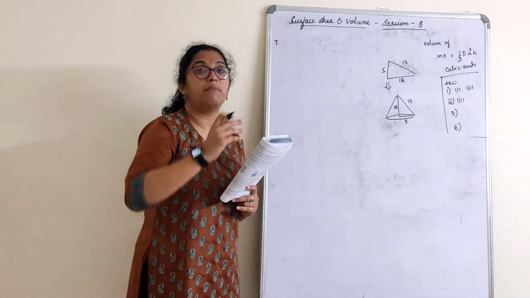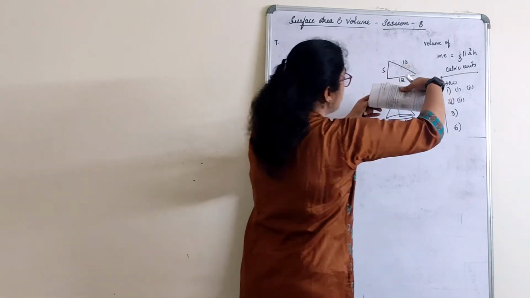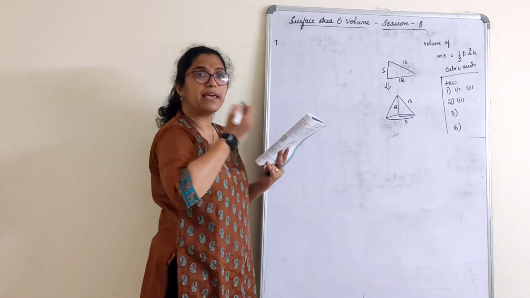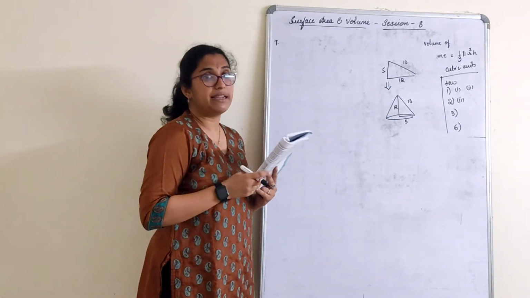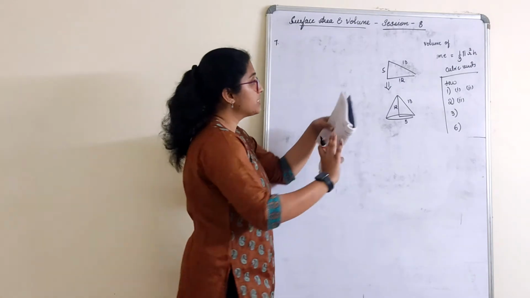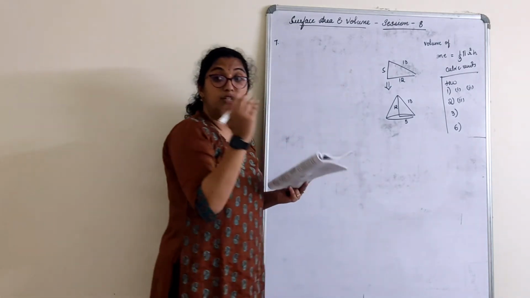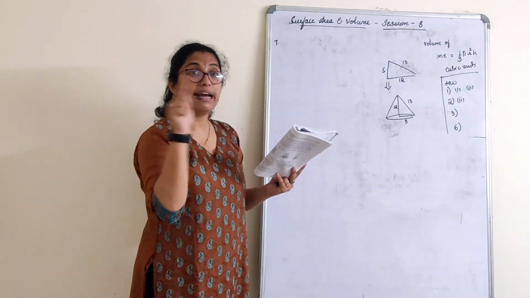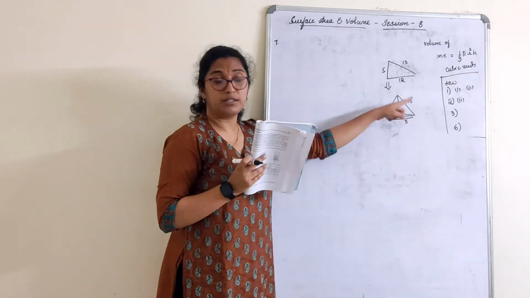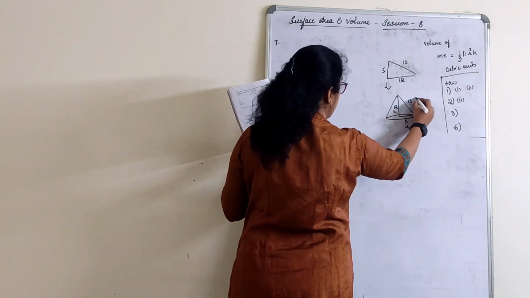It is revolved about 12. See, revolved about 12 means I will revolve it like this, children. If I am revolving like this, this part is curled, right? That part is in round form, so that part is the base form. If that part is the base form, then that will be radius. Do this actually by taking a paper cutting, you will understand. Just imagine, I am folding it like a cone. This base part gets rolled, so that base is nothing but a circular part. So we have a triangle where our r is there, h is there, and slant height is there.